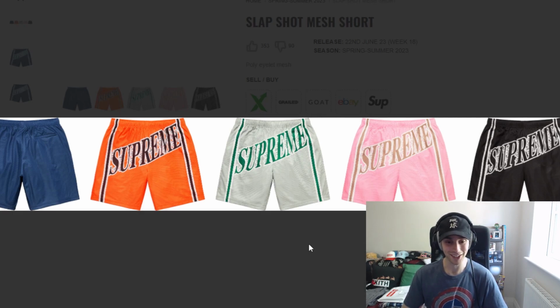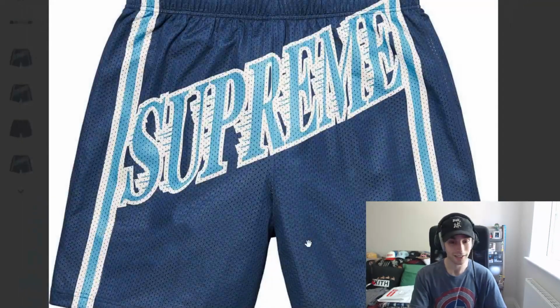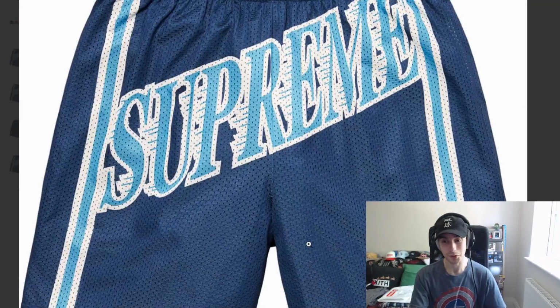Wouldn't really look as great. So probably the black colourway, maybe the grey with the green, but more so the black and the pink are probably the better two tones, mainly just the black by itself. But yeah, I mean, they're okay, but if I was going to grab a pair of shorts anyway, as it